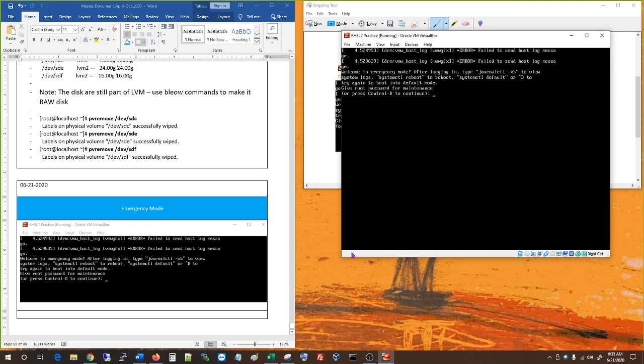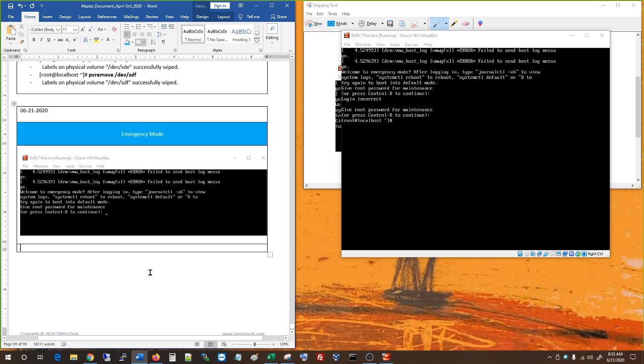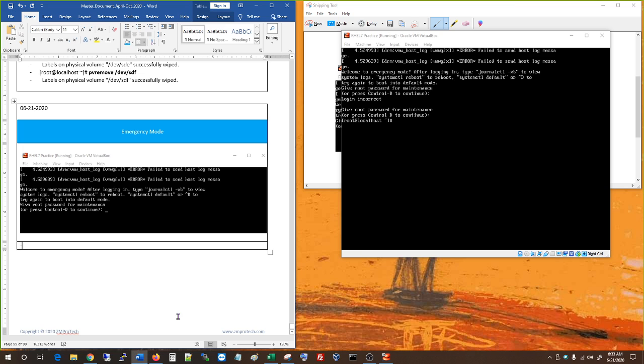What you do is you type in the root password, okay? So insert root password. And now what you have to do is edit out